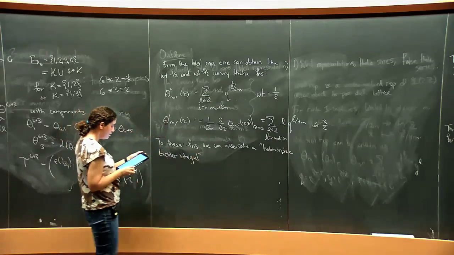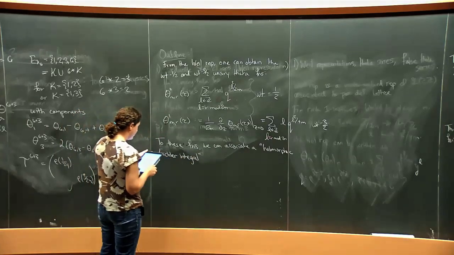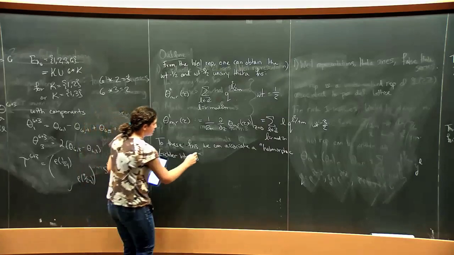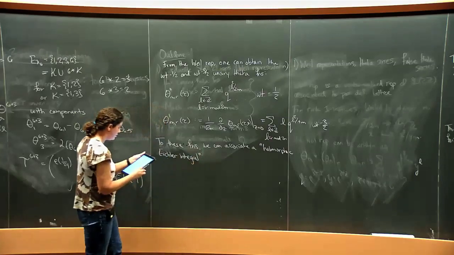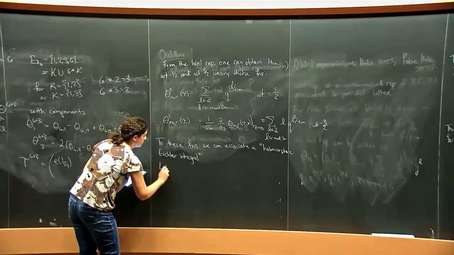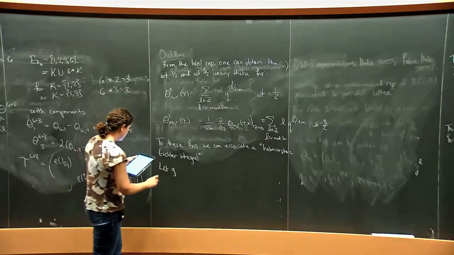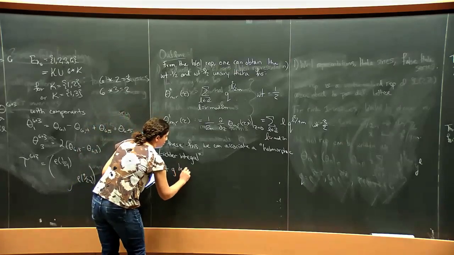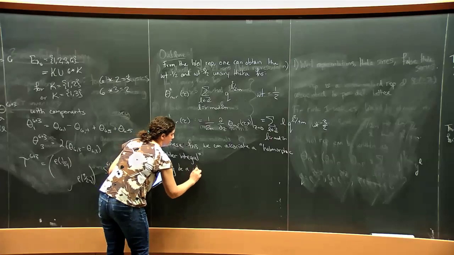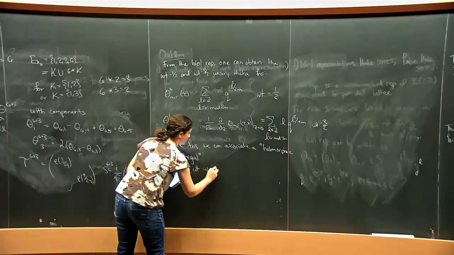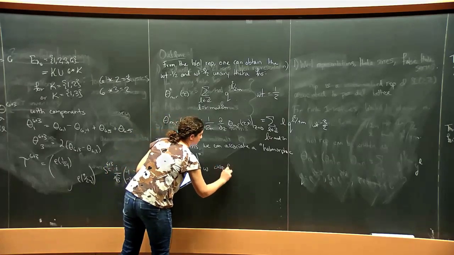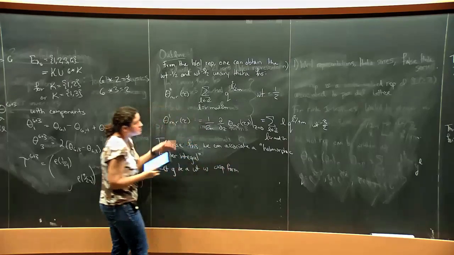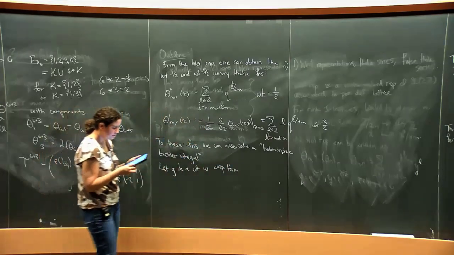Well, I'll define it in general. So we'll let g be a weight w cusp form, which these unary theta series happen to be,